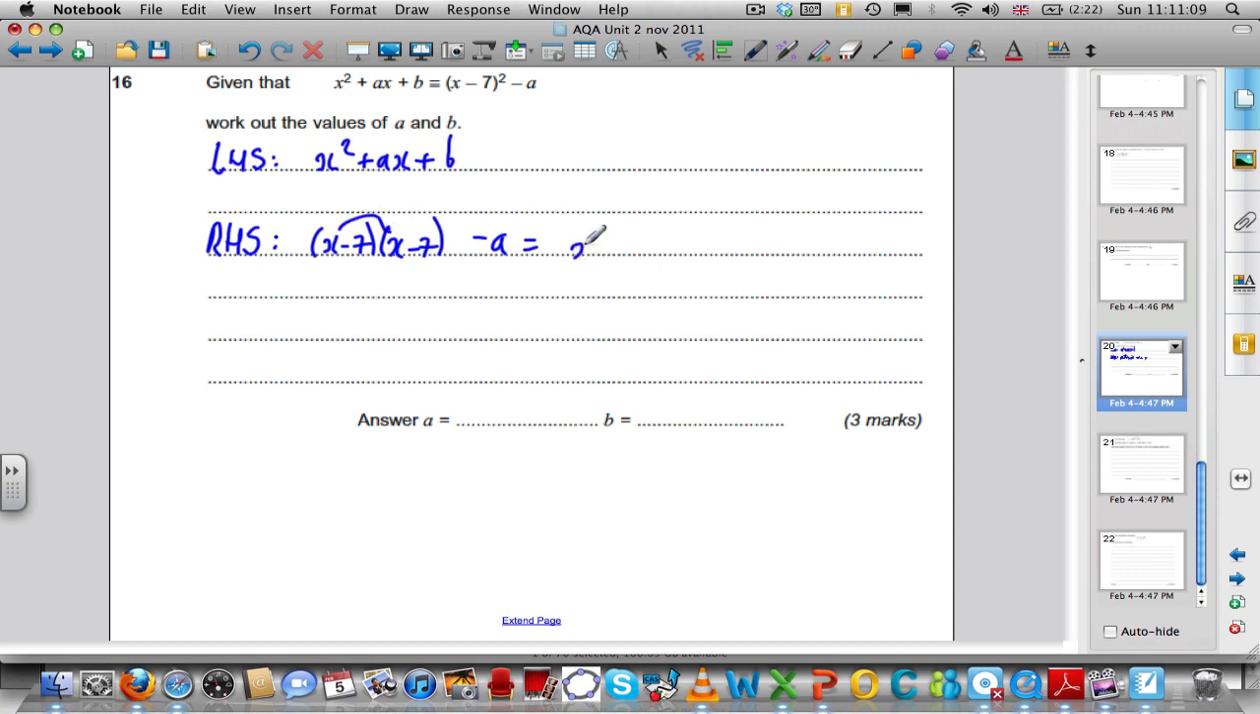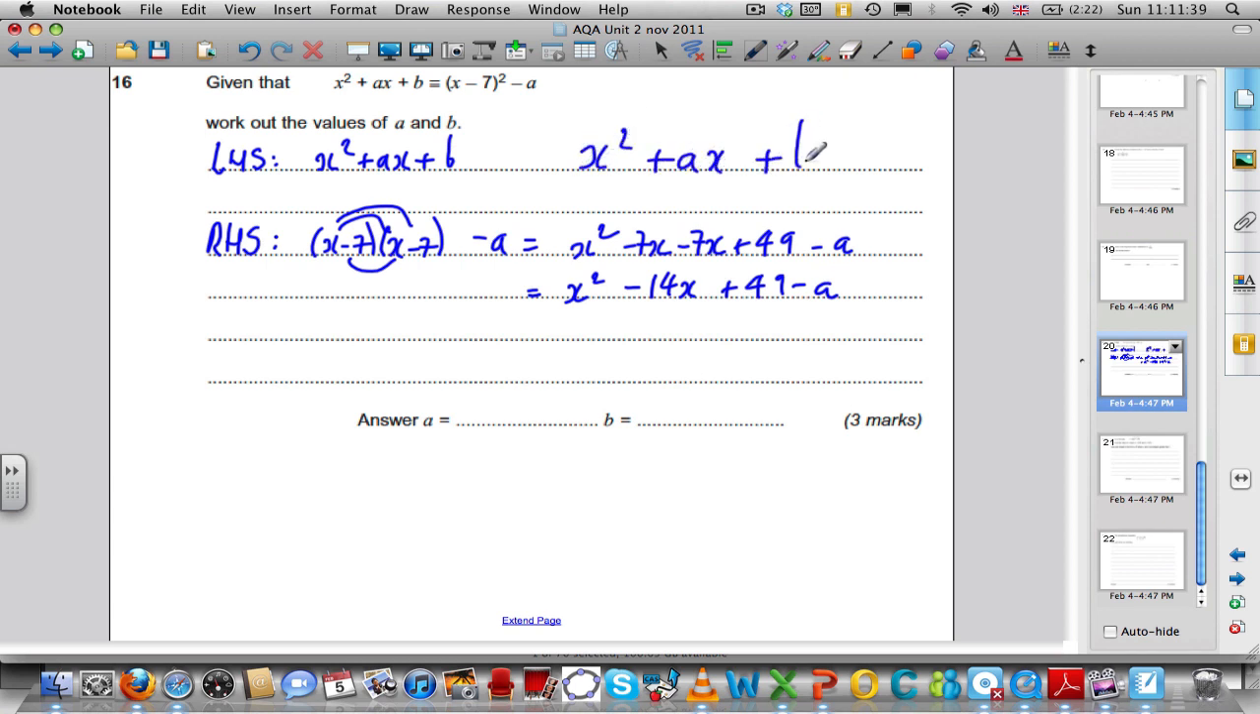X times x is x squared, x times 7 is minus 7x, minus 7 times x is minus 7x, minus 7 times minus 7 is plus 49, and minus a. We would get that we have x squared minus 14x plus 49 minus a. So if we compare the left hand side, which is x squared plus ax plus b, to that,